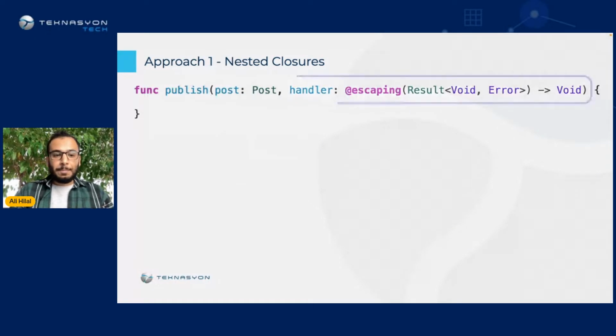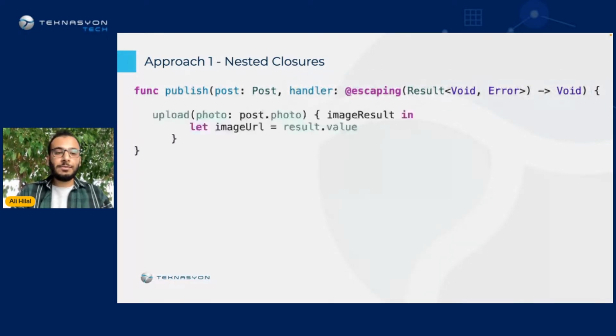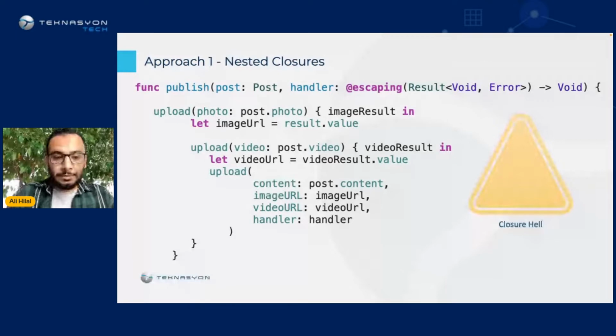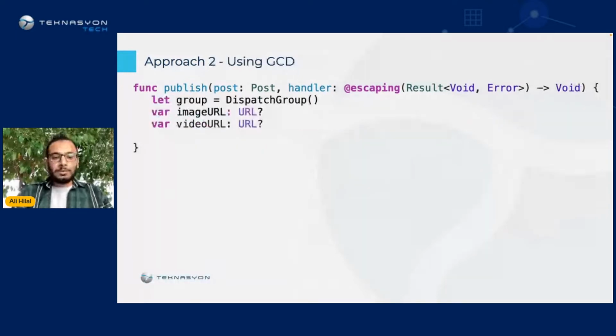First, we define a completion handler closure. Then we try to upload the image as we did before. The image URL comes back in the response. After that, we upload the video. Eventually, we end up with a very deeply nested closure that is hard to read and hard to track down. Luckily, it turns out all we have to do to gain control is